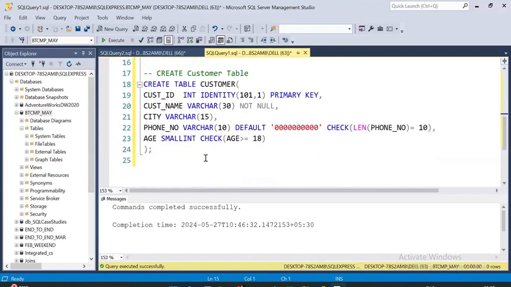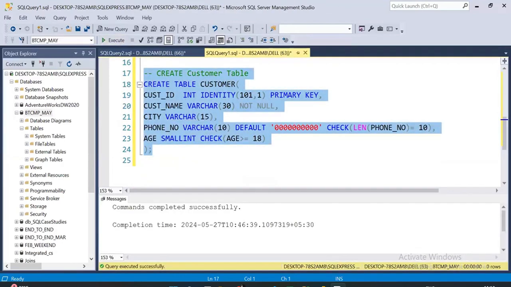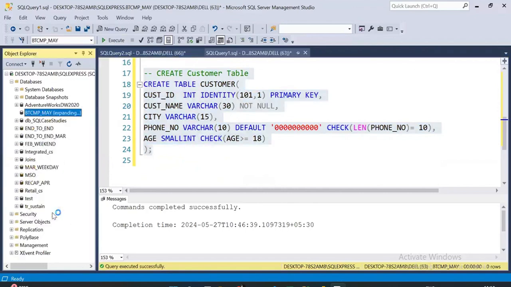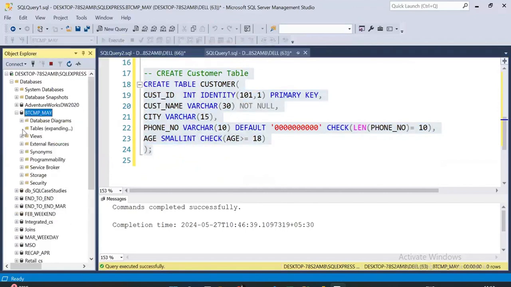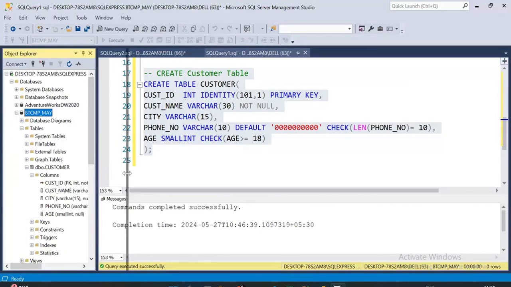Now I will create this table. Command completed successfully, right? You are not able to see anything. You have to refresh my database. So I will refresh it. Now when I expand the tables, see what is DBO? Database object. So customer table I have. What are the columns of this? So these are the columns, and you can see what all data types I have in this customer table,